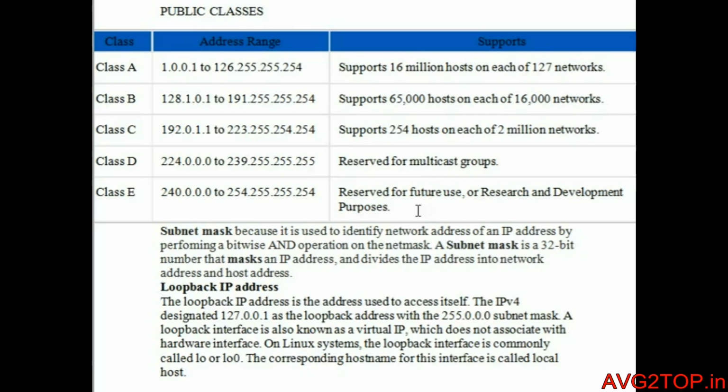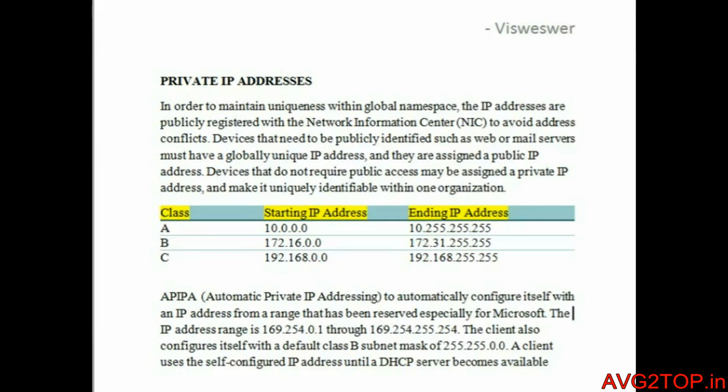Now let's see private IP addresses and their classes. Private IP address maintains a uniqueness within a global namespace. The IP addresses are publicly reserved with NIC to avoid address conflicts. For example, you have a private company with 100 computers connected to a network. It is not necessary that you need a public IP address to give an IP to all your computers. Because in private IP addresses, with these classes you see here, class A starts from 10